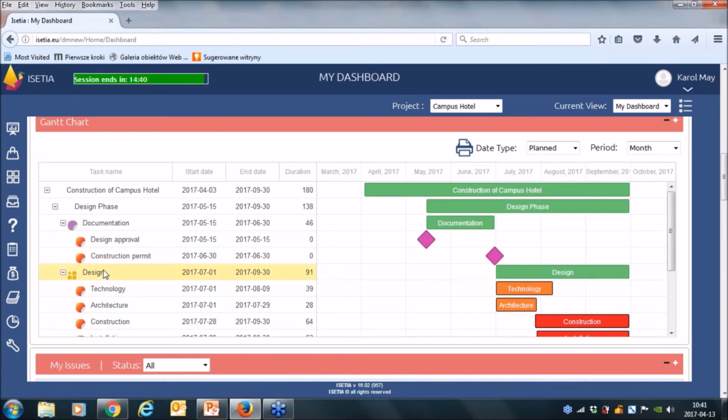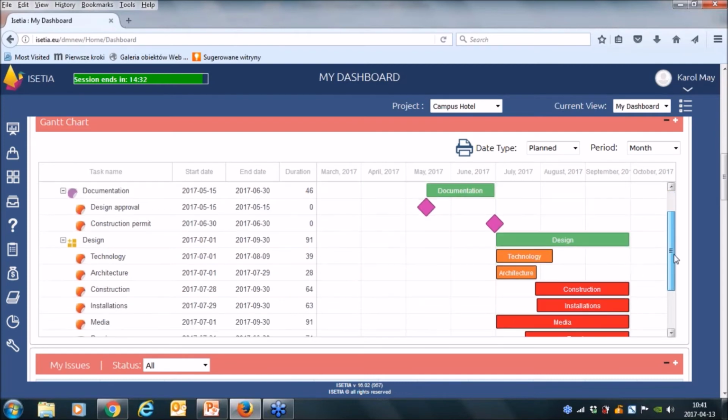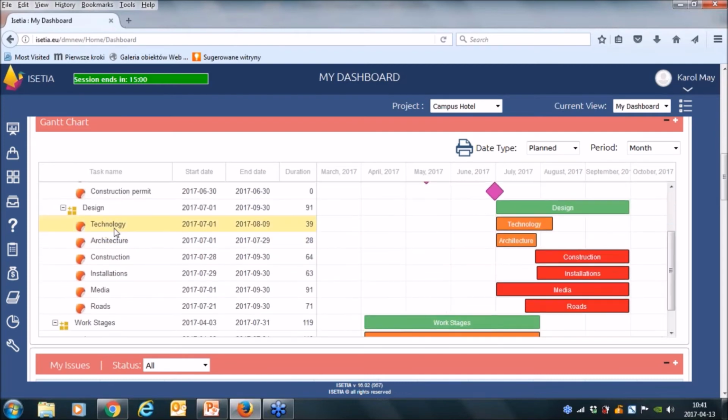And you can see that our design is visible on the Gantt chart, as well as our branches: technology, architecture, construction. So these are the graphical interpretation of what is going on in each of the branches.